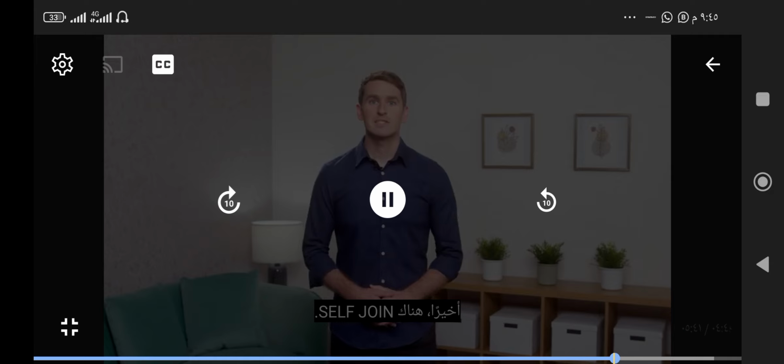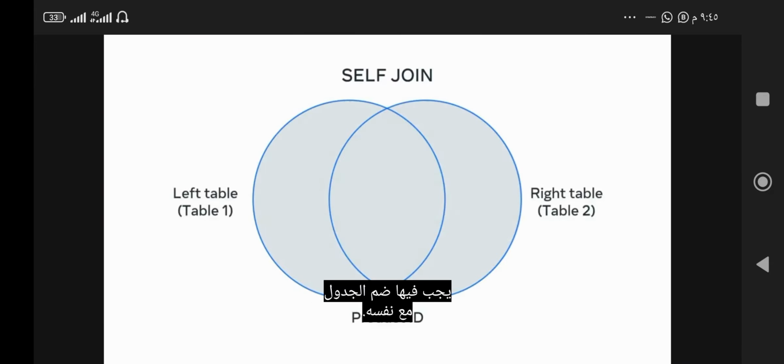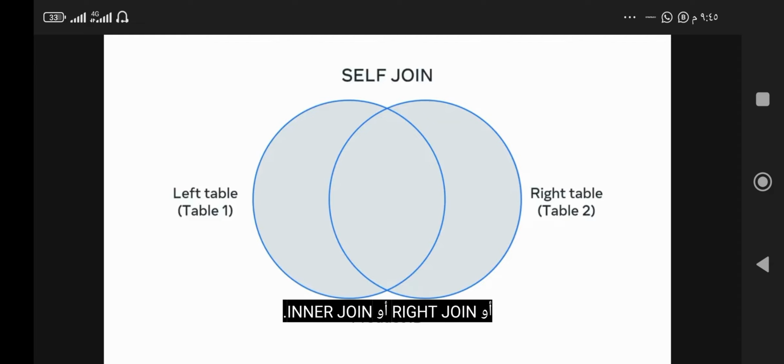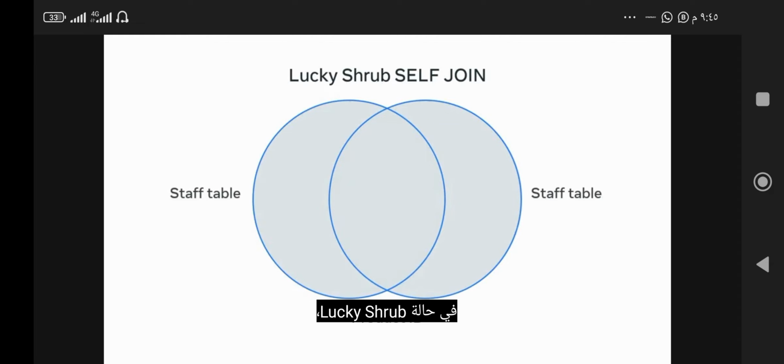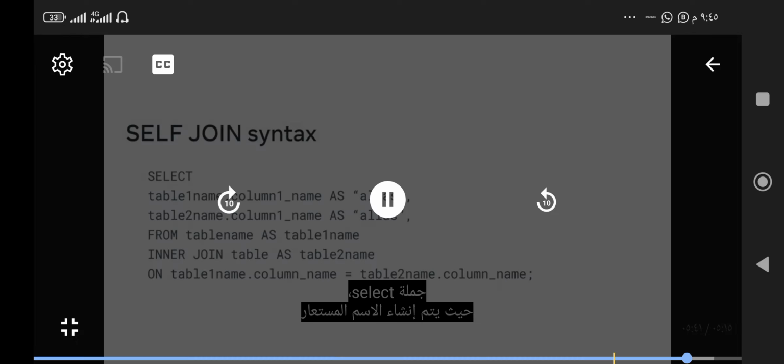Finally, there's the self-join. A self-join is a special case in which a table must be joined with itself. In other words, one table is treated as two in order to extract specific information from either the left, right, or inner join. In the case of Lucky Shrub, the business holds records of all staff members in a staff table. The table contains records on sales floor employees and line managers. Lucky Shrub can treat the table as two tables to determine who is a line manager and who is a sales floor employee. A self-join syntax is written as a select statement